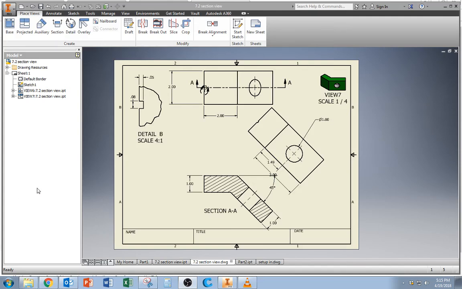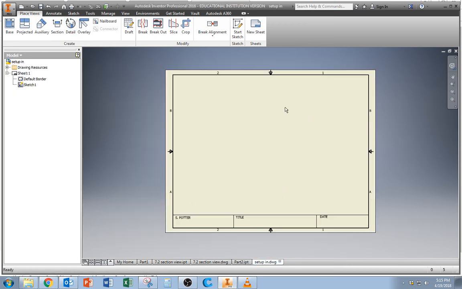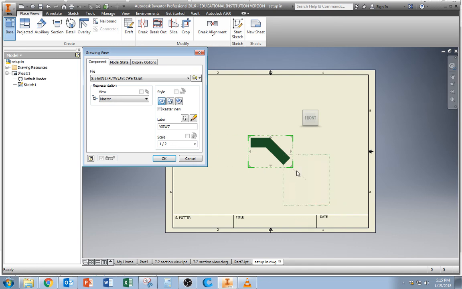Okay, for our second video, part two, we're going to take our part that we just made and we're going to turn it into a drawing file with the specific purpose of using different views, specifically the auxiliary view, section view, and detail view. So you're going to need to open up your setup IN that you made. So you should have that saved someplace convenient. We're going to bring in the object that we made, and we're actually going to start with